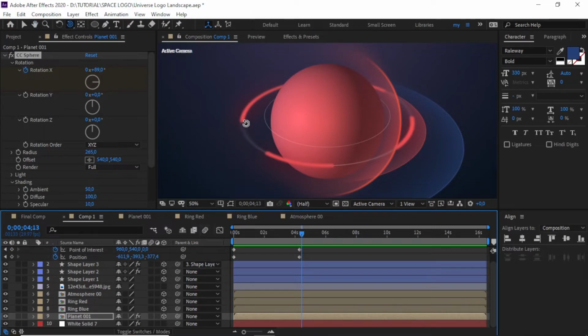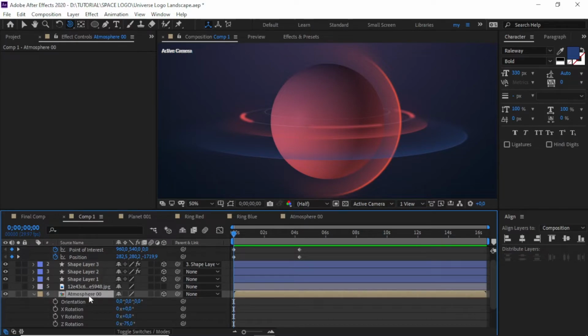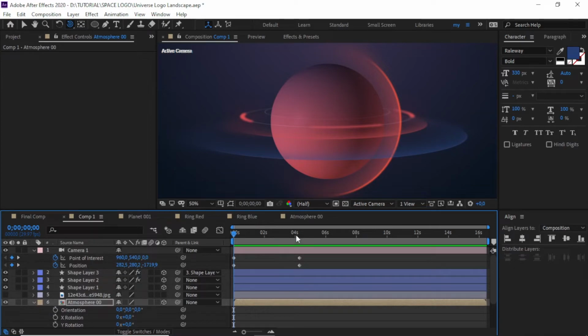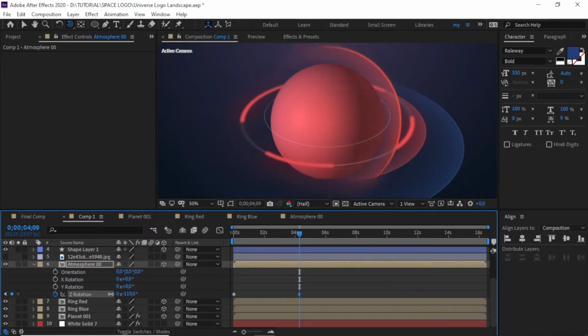If done, you can see the atmosphere needs to move also, so we use rotation here, and since we only have Z rotation, we play this one, and this part of the keyframe we can choose like this.